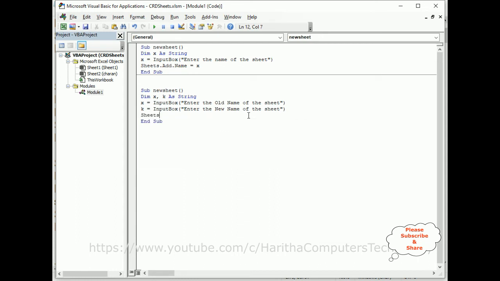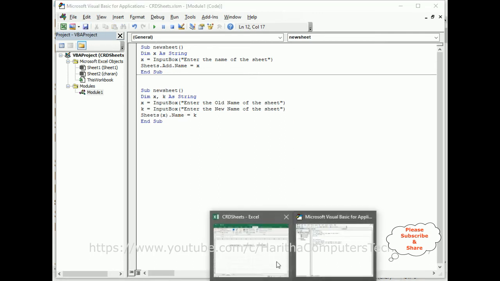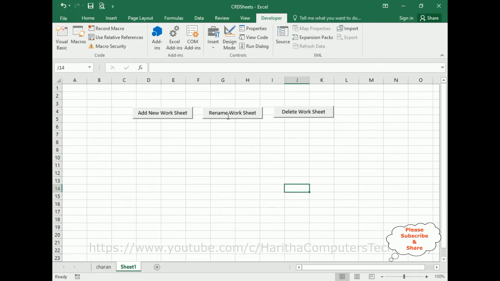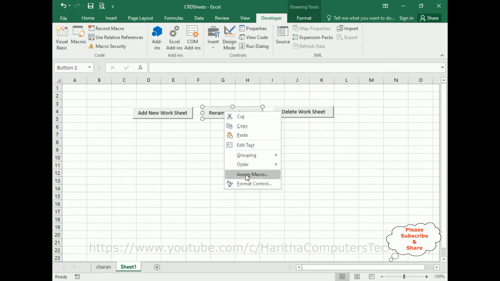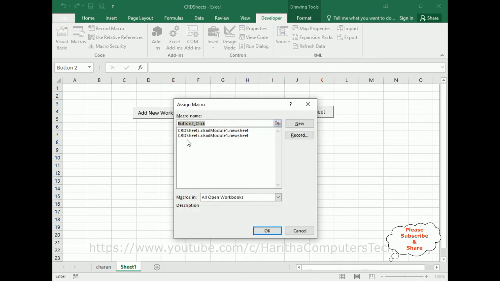Sheets, the index object I am taking, X is the old name of the sheet, dot name is equals to, I am adding K. K is the new worksheet name. That's it. Let's save this file. Again switch over to the worksheet. Now select the name of the worksheet, right click the mouse, assign macros, and here we got